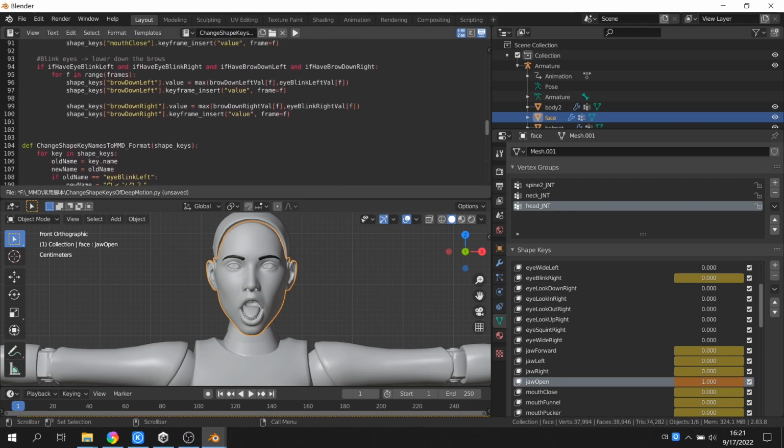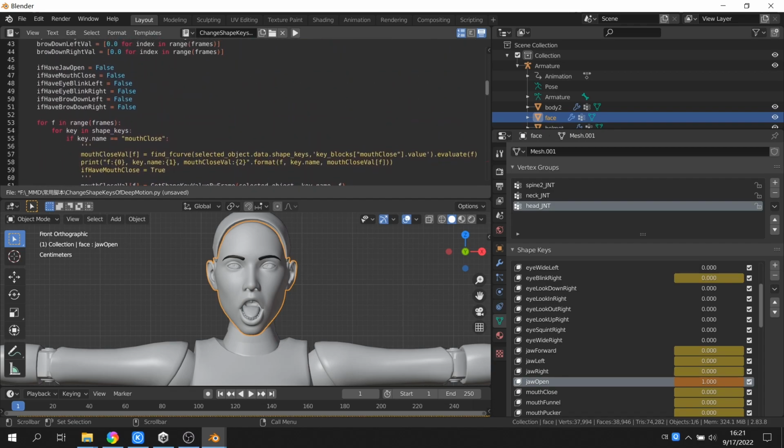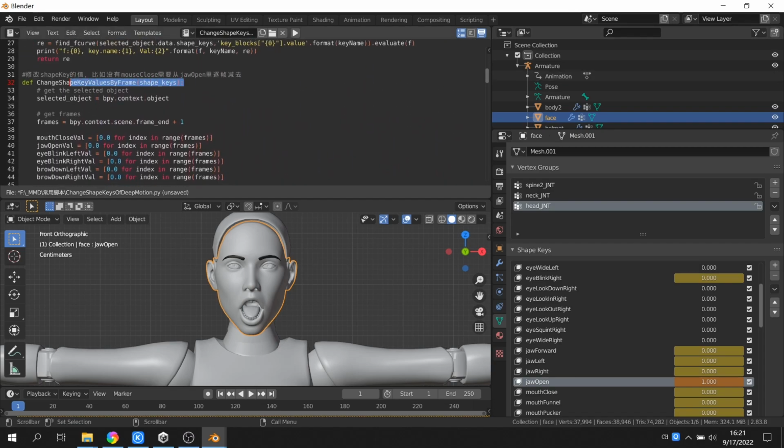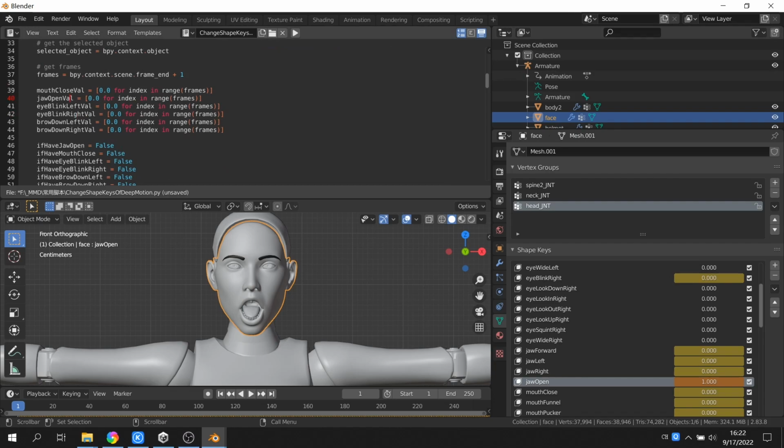The second function is used to tweak the recorded values. I only considered eyebrows, eyes, and mouth.